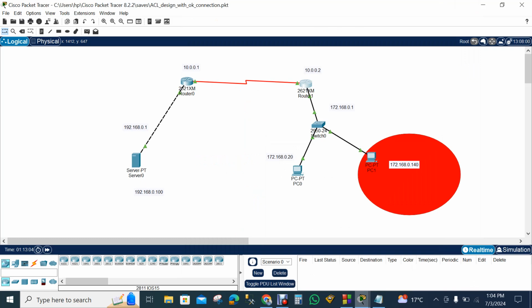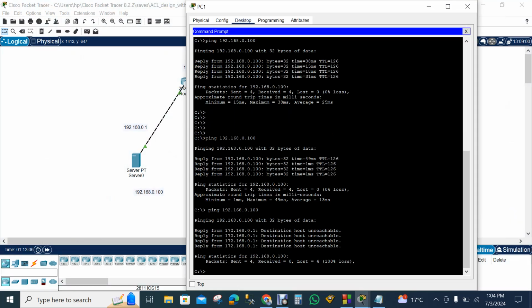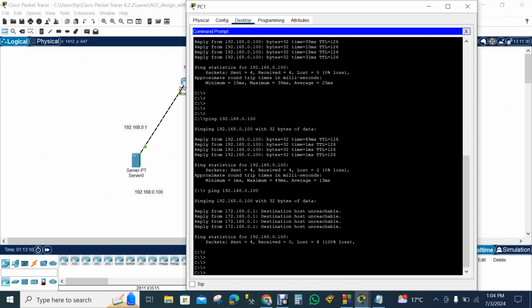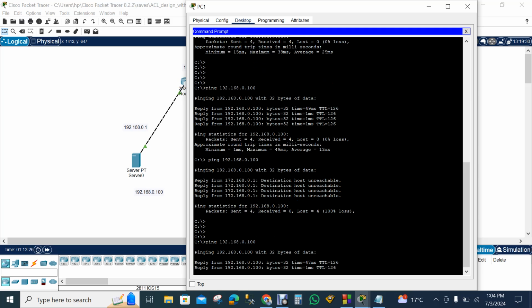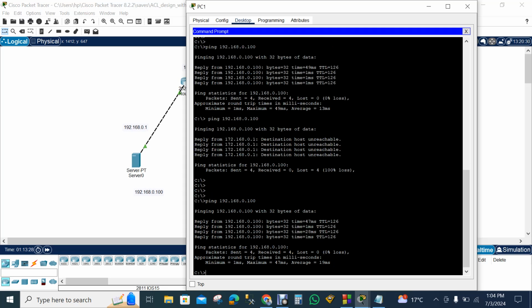So if I click here on our command prompt and try pinging our server PC, we are successfully communicating. Okay, at this moment, ping 192.168.0.100. It's successfully replying. There is no connection lost. So that means in this way we can make our extended